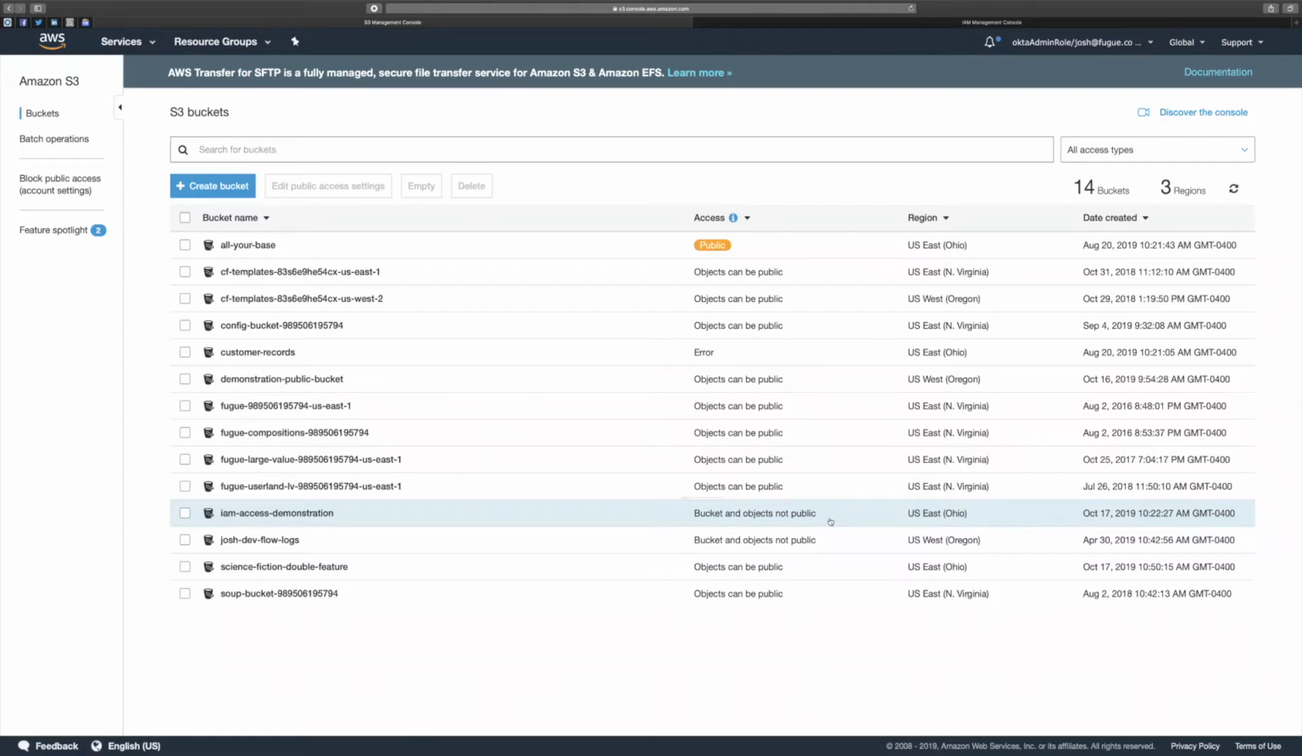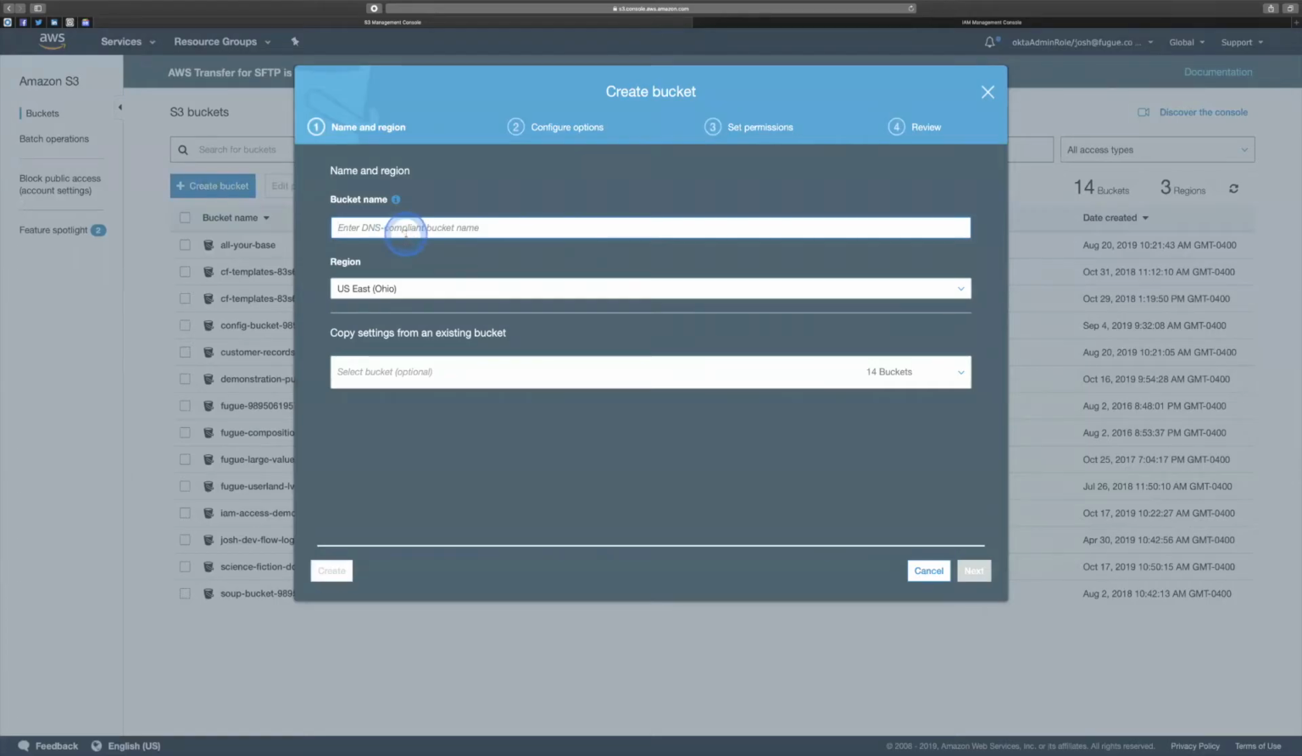Let's go ahead and walk through how these buckets are configured in the console. All this is obviously available via CLI and via infrastructure as code tools, et cetera. But I just think it's good to understand how these work in the actual console. So actually, let's just make a new one. All right, and I'm not going to copy any settings from an existing bucket because I want to walk you